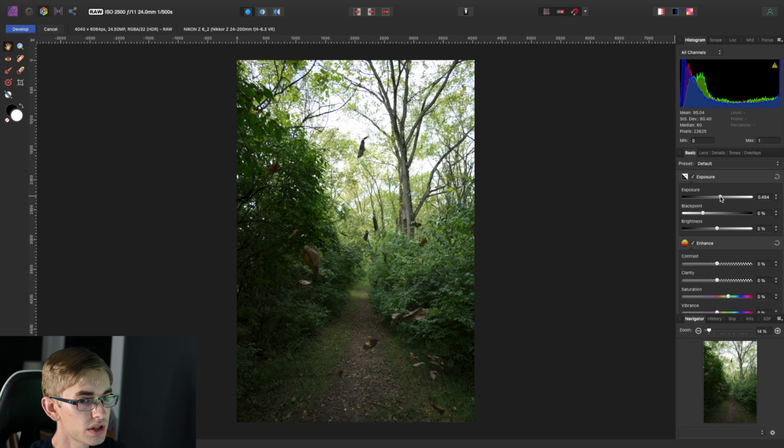And then we're going to take a look at the temperature of the colors here. So we're going to open up the white balance section, and I was going for a much more golden fall look, and this has a much greener, almost summery look to it. As you know, we're between the two seasons right now. It could go either way.